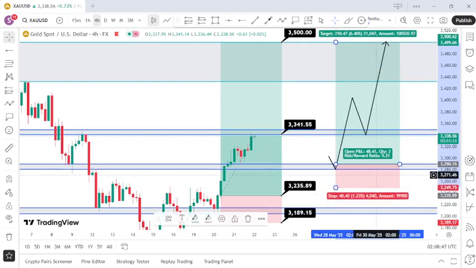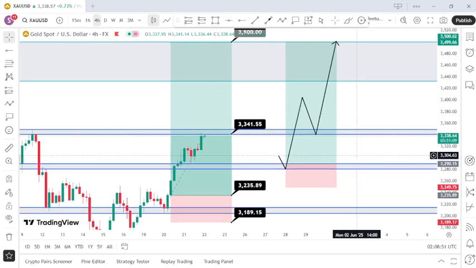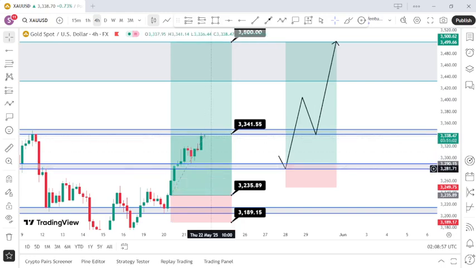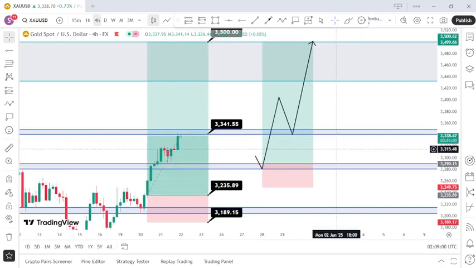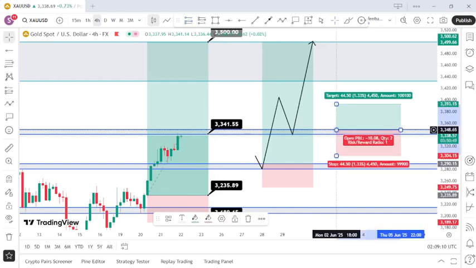But if you've been trading gold for a while, you should know that there's a possibility that gold will just continue flying, breaking out of this resistance without coming back for a pullback. In case gold does that, it doesn't come back for a retest but rather breaks out of the zone, you are going to be waiting for another buy like this